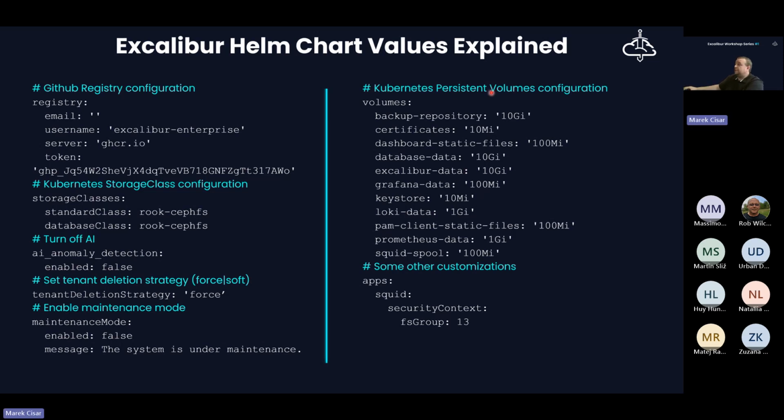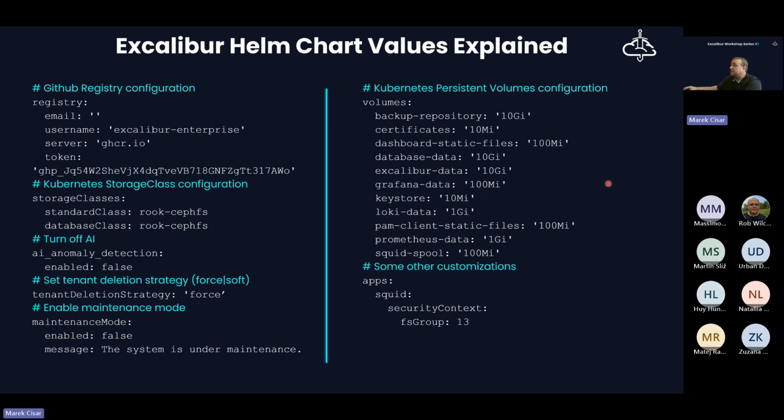Okay, Kubernetes persistent volume configuration. Here you are basically telling the storage provider on your Kubernetes cluster how big you want your persistent volumes.